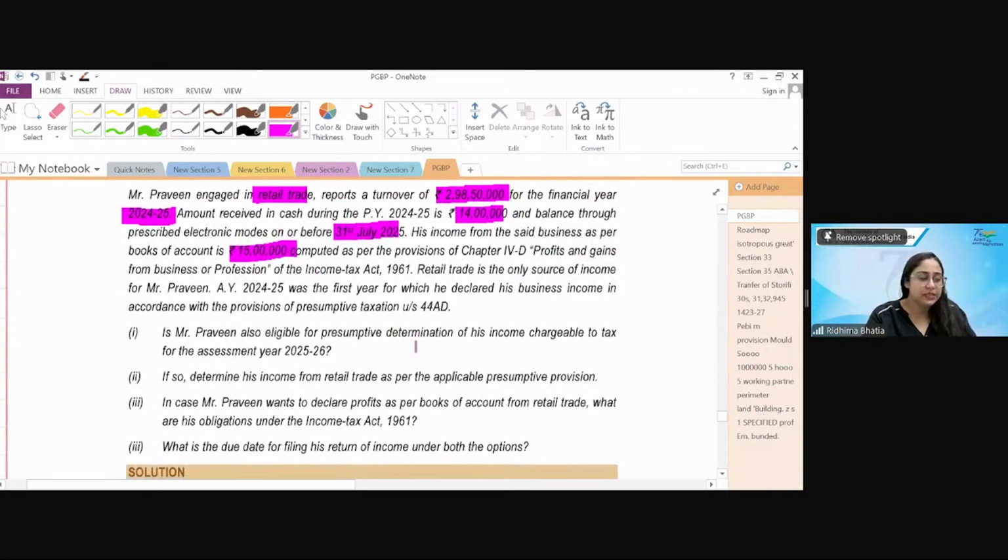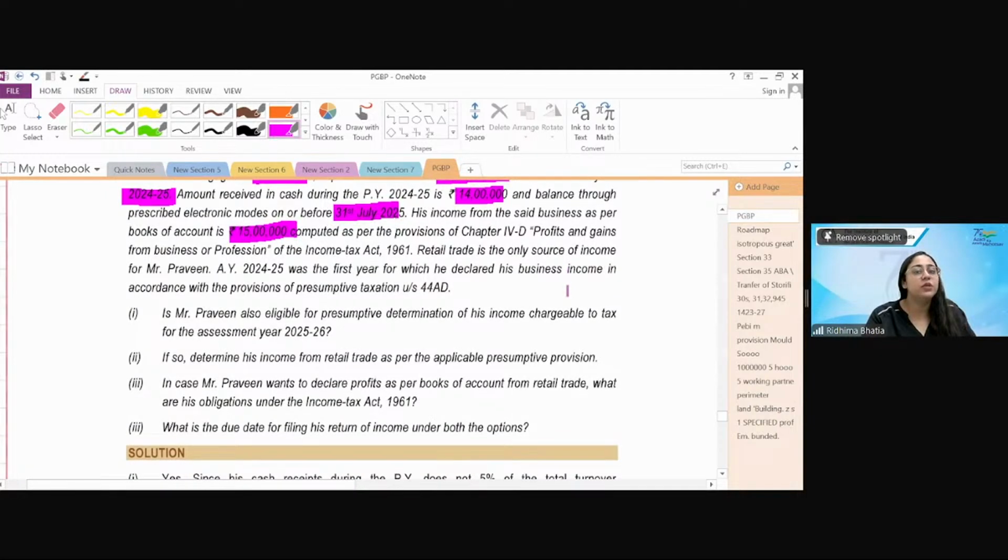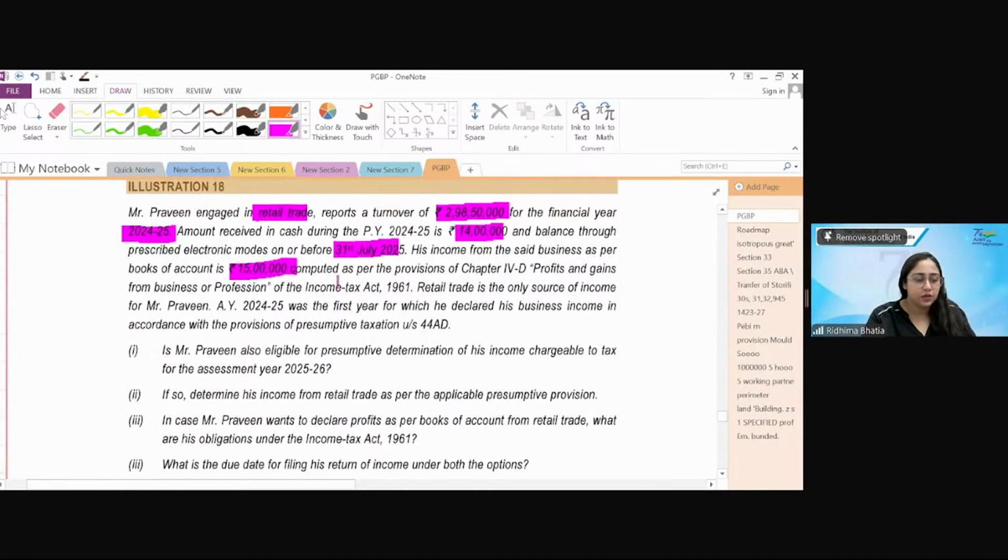So simply, since his total cash receipts are less than 5% of the total of 298.50, he can claim the presumptive taxation scheme, because in that case the threshold limit is 3 crore. Okay. Then the next question is, if he determines his income from retail trade as such, what is his income from PGBP taking presumptive taxation? So simply 14 lakhs का 8% and 17 lakhs, sorry,